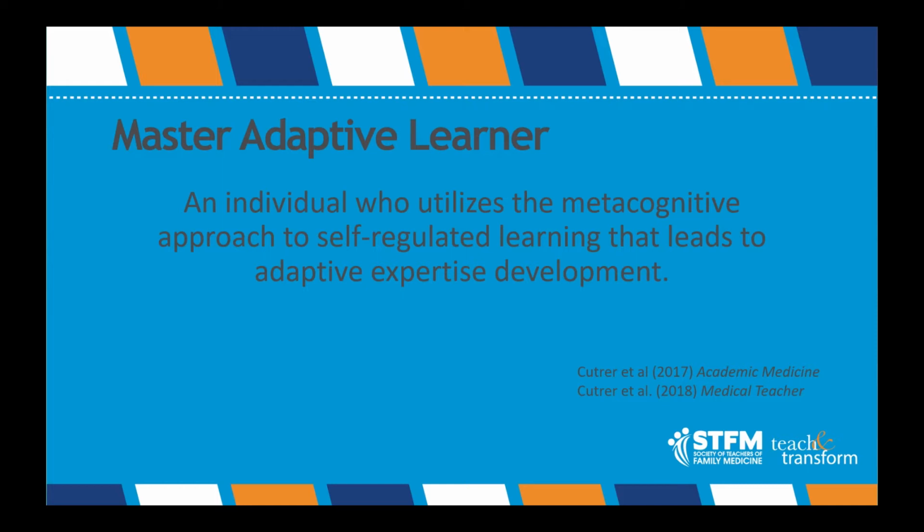At its core, adaptive expertise is a couple of things. It is the ability to demonstrate routine expertise, taking a known solution and applying it to an identified or known problem. You have to be able to do that effectively and efficiently as a master clinician over and over. But you also have to be able to recognize when there's something different about a particular situation where the routine approach won't work. When faced with this new or novel challenge, adaptive expertise comes in. It is the ability to take what you know and either solve the new problem you've never faced before using that old information, or to incorporate new learning and develop a new solution.